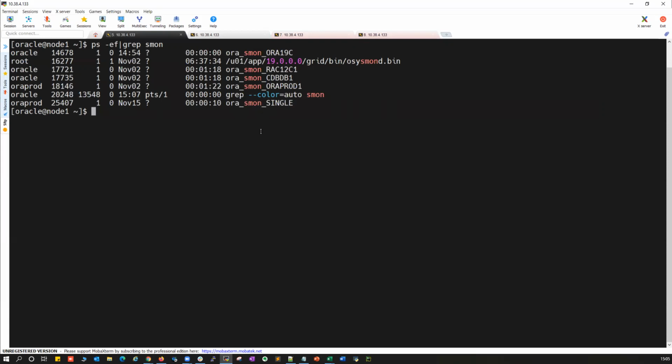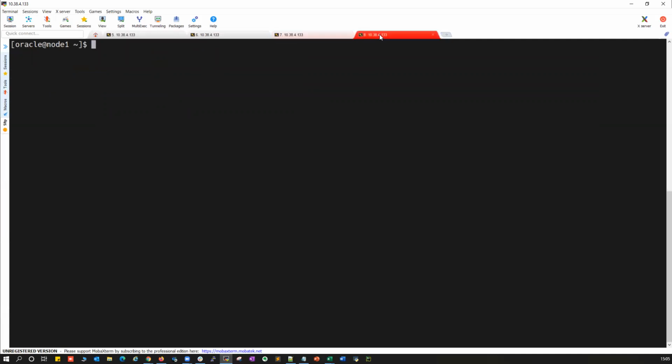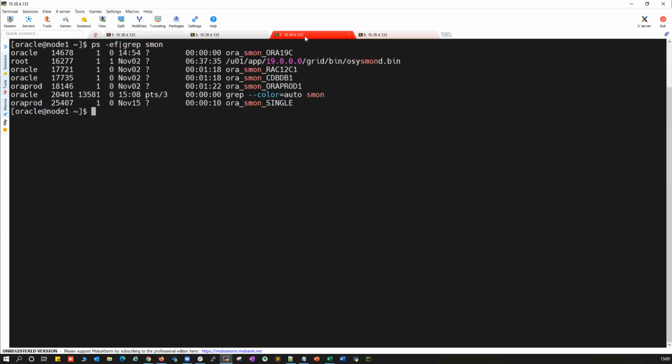Right, let's get started with today's lab session. I'm going to pick one database called CDBDB. This is my RAC database. I'm going to pick one more database called Vara19C, that is a standalone database. So just quickly check that one. I'll set the environment. First environment, I'll set it to CDBDB1. I have 4 sessions open, 2 sessions for my RAC database and 2 sessions for my standalone database. So I'm going to show you in parallel with RAC and standalone side by side.